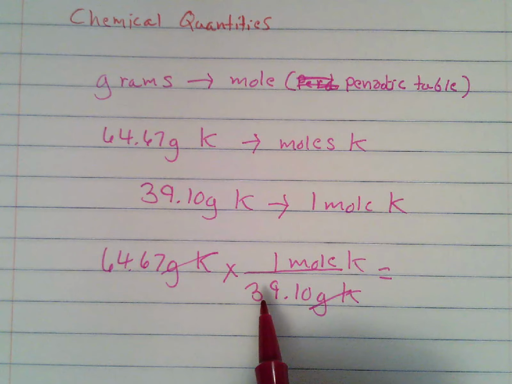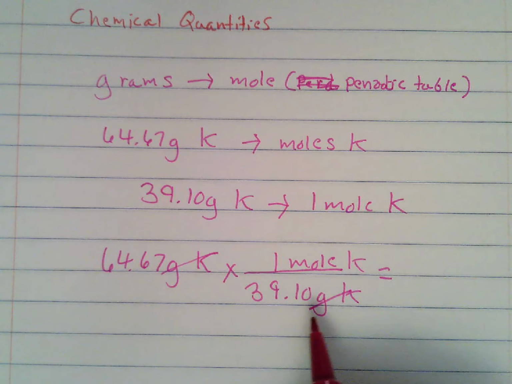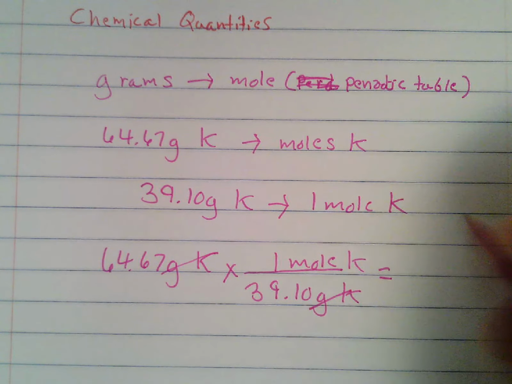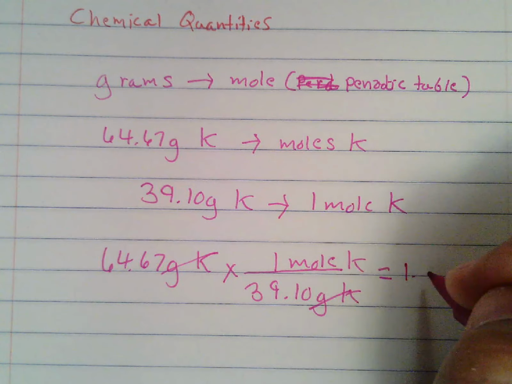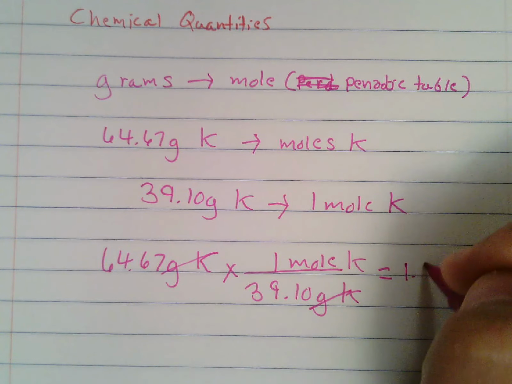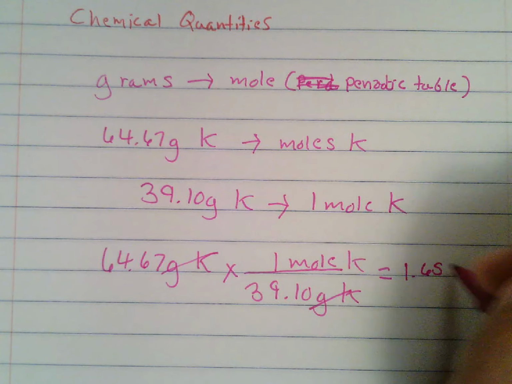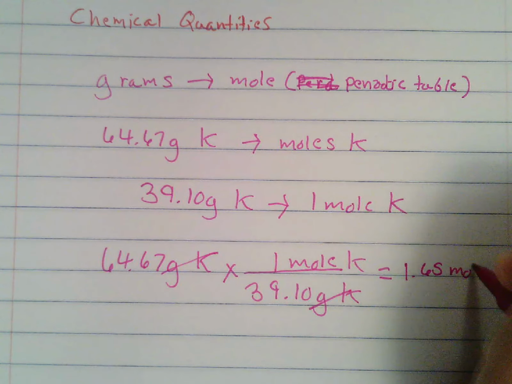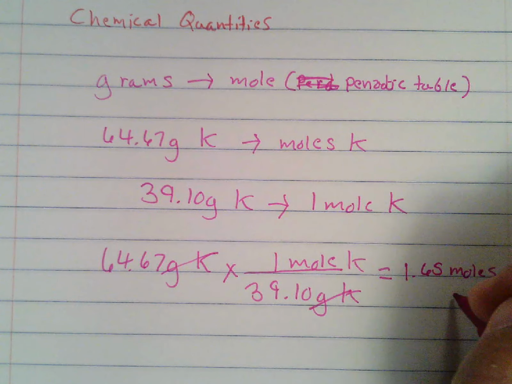So if we type that into our calculator, 64.67 divided by 39.10, then I end up getting 1.653 on my calculator, but you want to round to the tenth, which is what we've been doing in class, and we're going to keep it that way. So that should be 1.65 moles of potassium still. Okay,